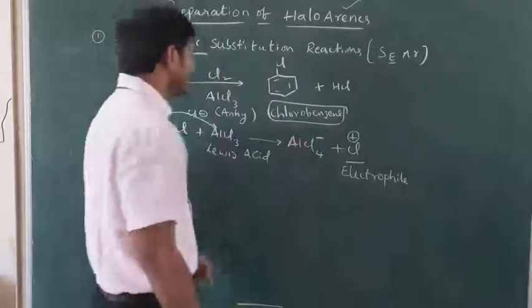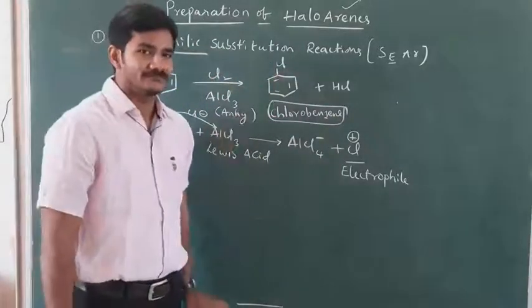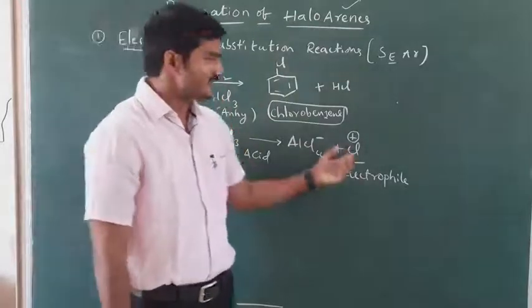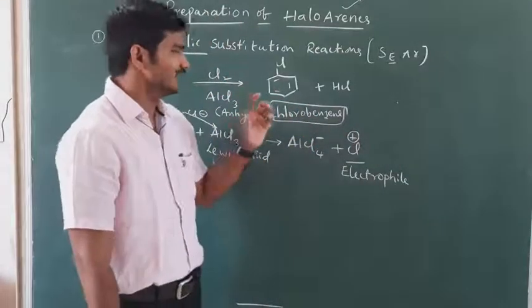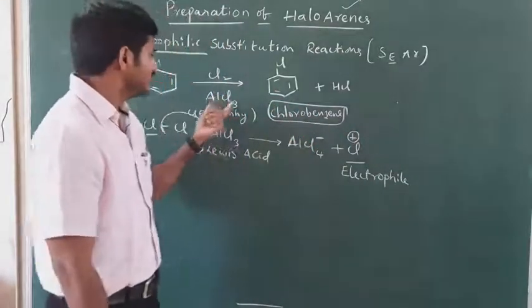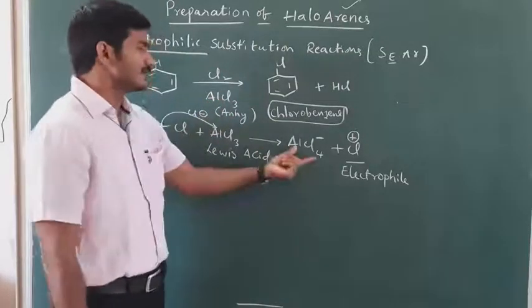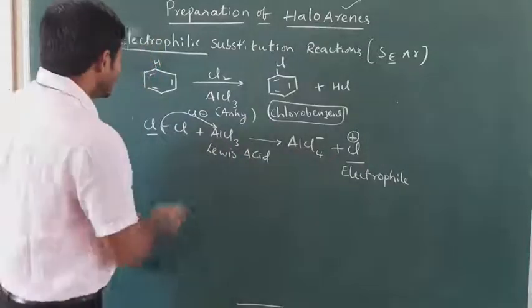So this is how we can directly prepare chlorobenzene. If you take chlorine alone, we don't get chlorobenzene because Cl2 is not a good electrophile. Cl plus is a good electrophile. Chlorine alone will not form the chlorobenzene product. We have to take anhydrous AlCl3, which can form Cl plus by taking Cl minus. Next example,